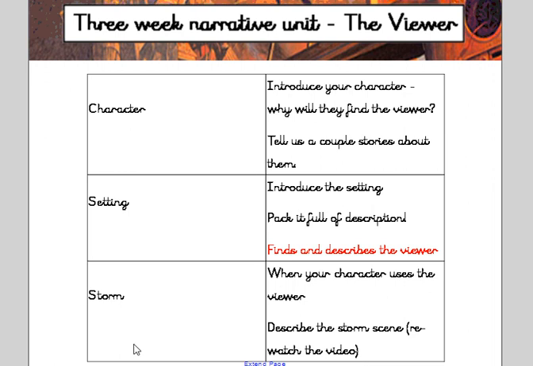You're then going to move on to the piece of writing you've got about the storm. So your character has found the viewer, and then they're going to use the viewer. It's up to you, you could use it within your setting. So Isabel, my character, might use the viewer in the antique shop. She might just put it on, can't wait, and starts clicking through in there and sees the store. Maybe your character takes it home and they're going to look into the viewer in their bedroom. That's your choice. You need to decide where they're going to look in the viewer. But you need to describe what they see, the storm scene. The link to that video is still on Class Dojo. Flip back through the lessons and you'll find it on there if you wanted to rewatch that.